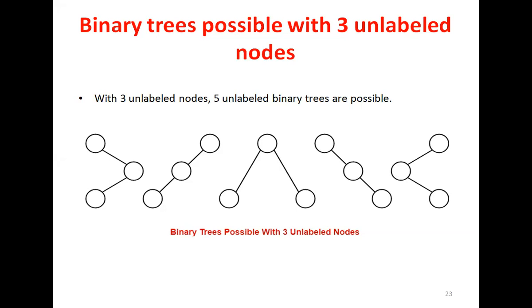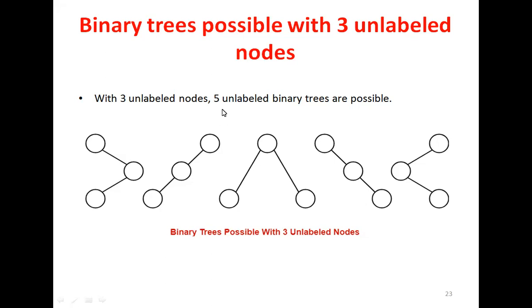Can you construct anything else besides these? No, sir. These are the 5 different types of trees we can construct using 3 nodes. Is anything else possible, leaving aside these 5? No, not possible. So a total of 5 different types of binary trees we can construct by using 3 unlabeled